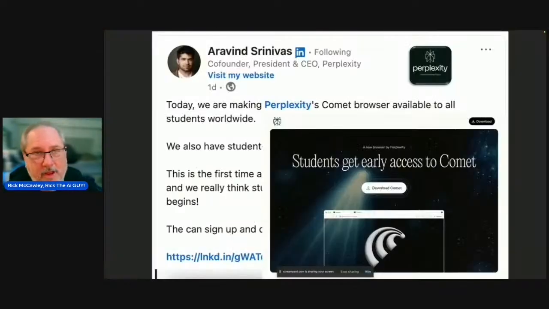All right. So what is Perplexity? And you're getting it for free if you're a student. Yay. And you're getting it all over the place. So Perplexity is what I'm going to talk about tonight. We're going to save Comet itself for another night. It is Perplexity on top of a Chrome browser with agentic capabilities, an answer engine.